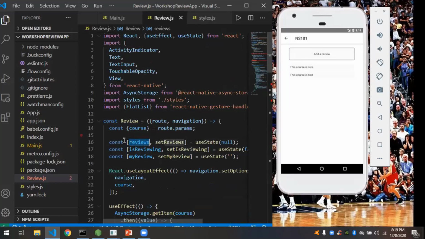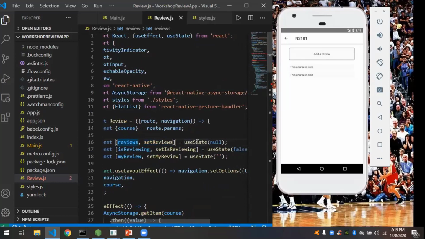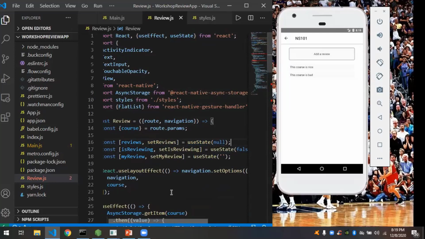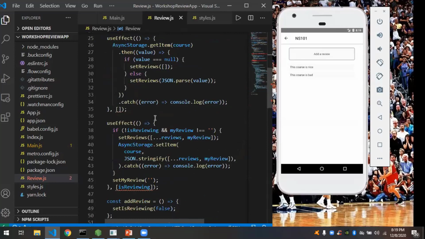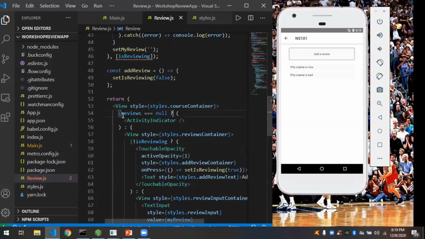This is the same syntax that I showed you a couple of minutes ago for creating state values. This is the function that we use to change the value of the state value, set reviews. Use state so that it will be part of the state, and its initial value is null, because initially you don't know, because initially there are no reviews. So you check, is it null? If true, which initially it is, you return this value over here, which is JSX, and you return this